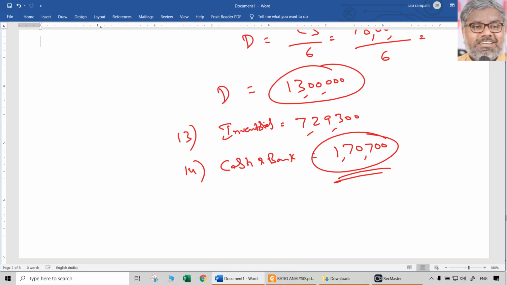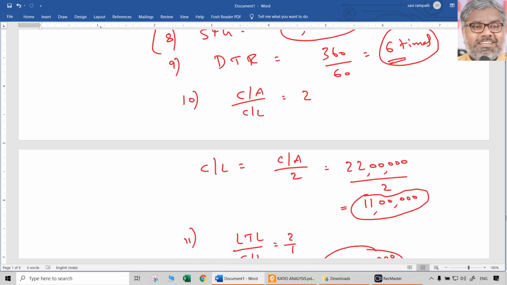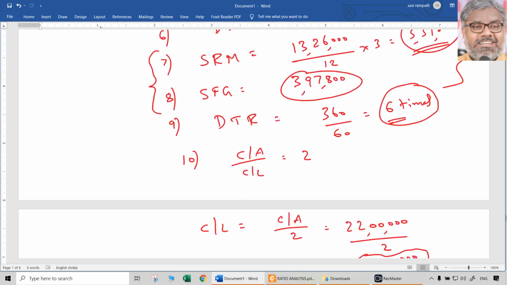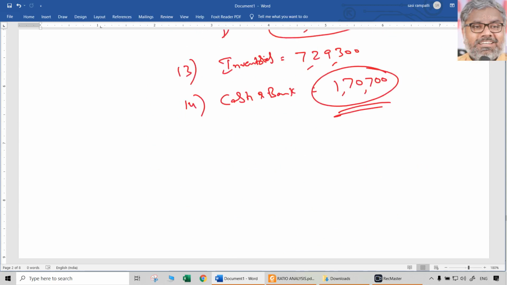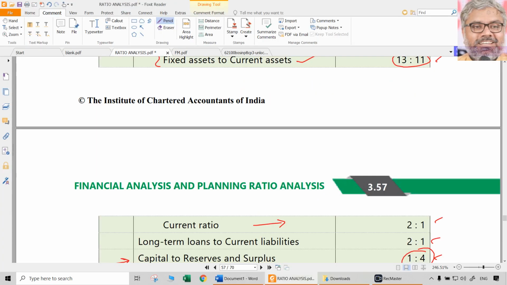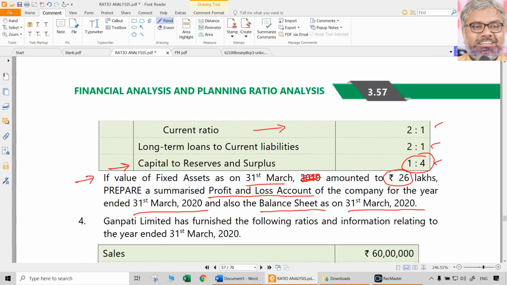So we have everything under the current assets also. Almost the asset side of the balance sheet is clear now. We have fixed assets, and separately current assets also. We know debtors, the stock of raw materials, stock of finished goods, cash and bank balances, and the total of all this. On the liability side, long-term loans, we know that. Current liabilities, we know that. Remaining will naturally be the reserves and surplus and capital. That is where the ratio of capital to reserves and surplus will be useful. That will come later.